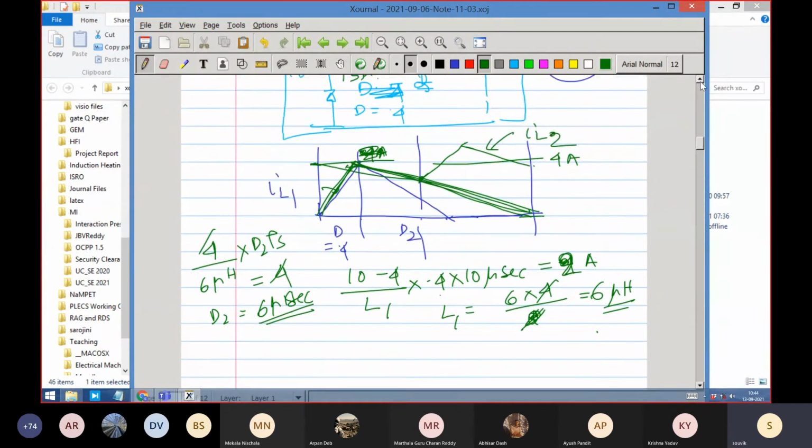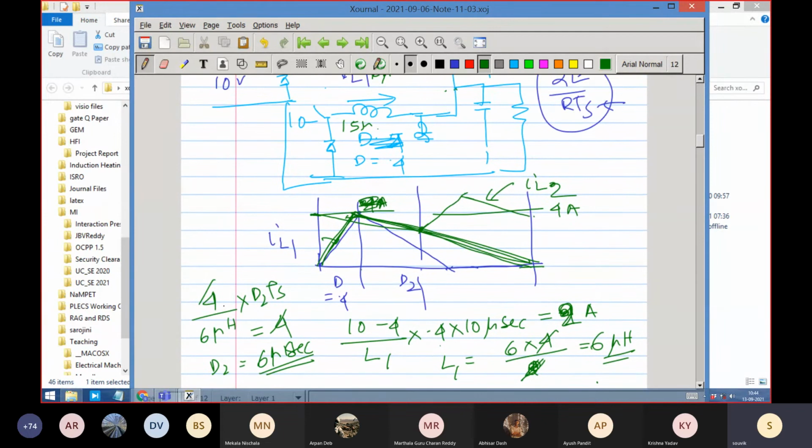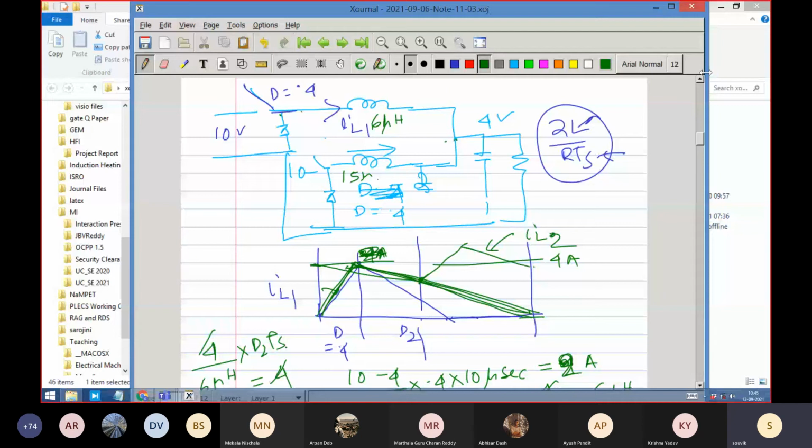Okay. So 4 volt is getting applied across 6 microhenry for D2 TS. So D2 becoming equal to 6 microsecond essentially means both of them are conducting. Why is it happening? Since it is clamped by this, it will have only a matching condition for CCM. If one of them is in CCM, the other one will also be in CCM.